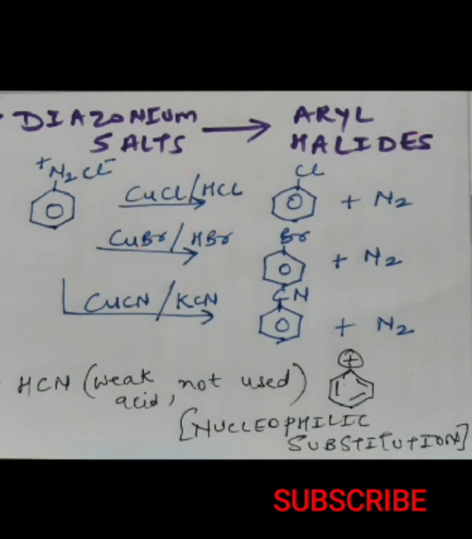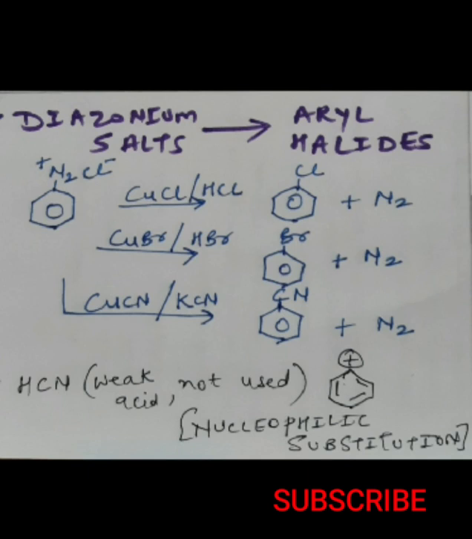Now the question comes here: in the two cases above, you are taking help of HCl and HBr, then in the third case, why not HCN? The reason is HCN is a weak acid, and since it is a weak acid, it won't be easier in case of HCN to replace this N2+ by CN-, right? So instead of HCN, we need to take KCN. Clear? What happens as far as the mechanism is concerned?